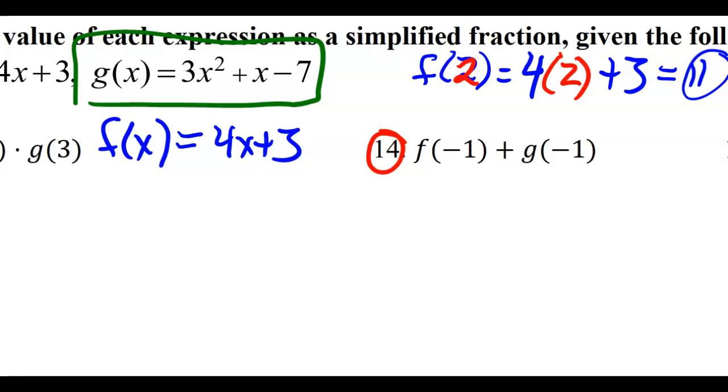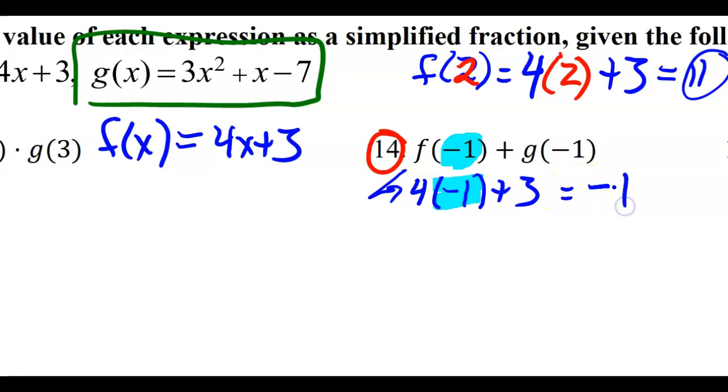What we're doing is we're saying that your x value for this is going to be negative 1. So this first one, I'm going to be doing 4 times negative 1 plus 3 because I'm replacing the x with negative 1. There is no x left once you've done this, all right? The answer for the first one, negative 4 plus 3, is negative 1. For g,